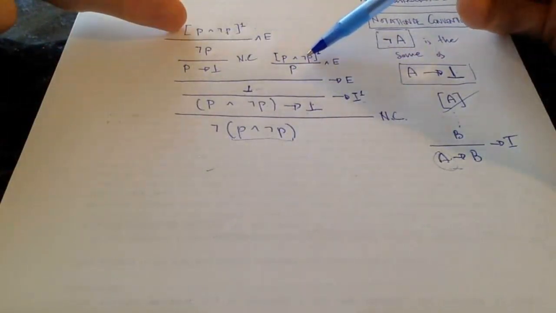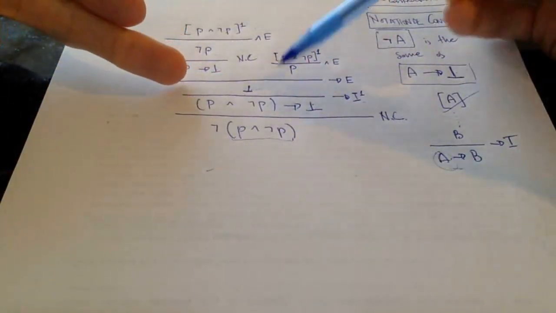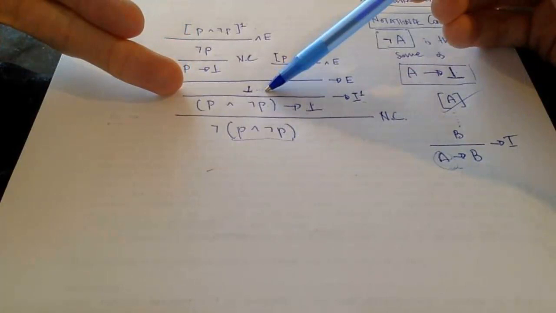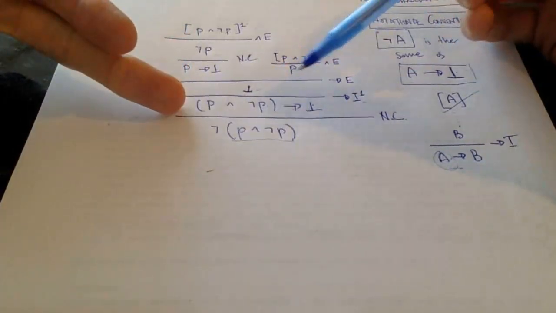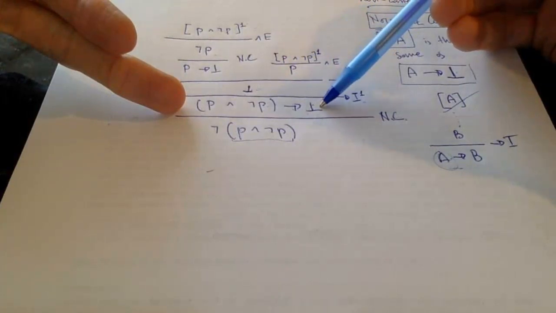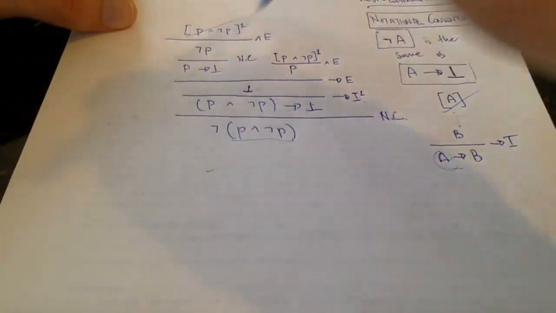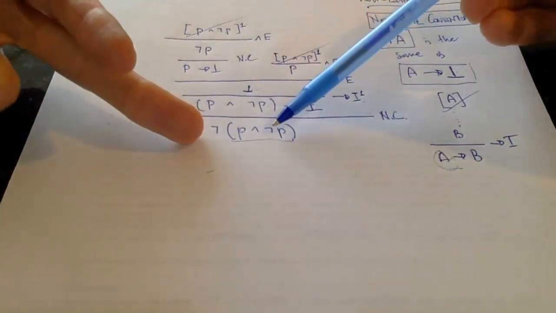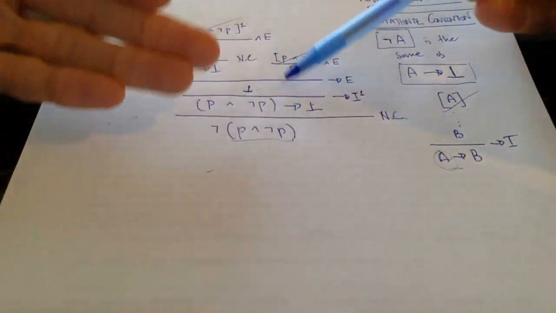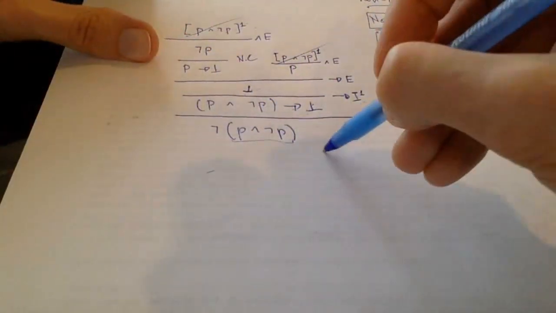I assumed P and not P. I went through various steps and I got to the contradiction. So that allows me to put P and not P as the antecedent and then put the contradiction as the consequent. And so this allows me to cancel my assumption. And so now I have a derivation of not P and not P. All my assumptions are cancelled, and therefore I'm